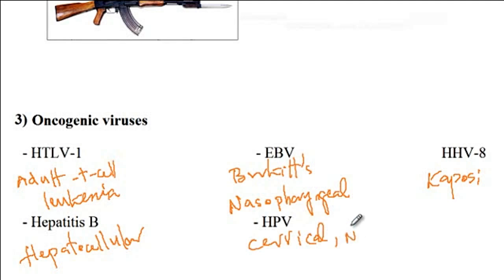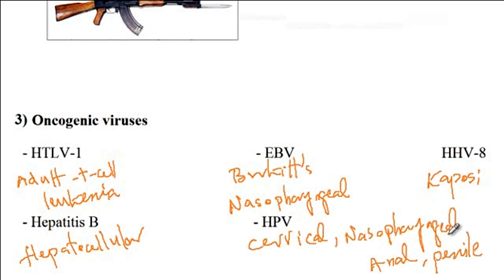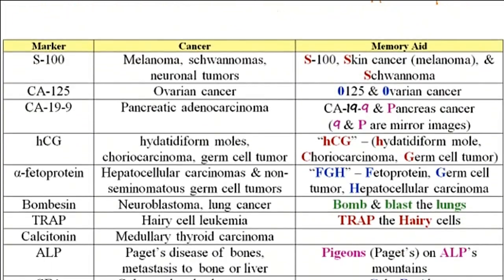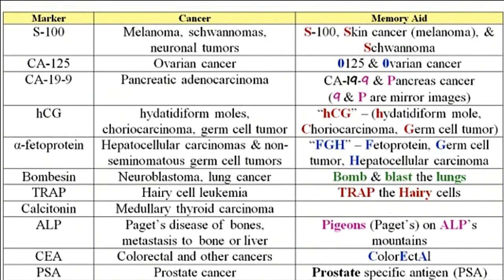It can cause nasopharyngeal carcinoma as well as anal and penile cancer. So just notice that Epstein-Barr virus as well as HPV, both of these can lead to the development of nasopharyngeal carcinoma. Alright, and now the last topic I would like to discuss with you is the tumor